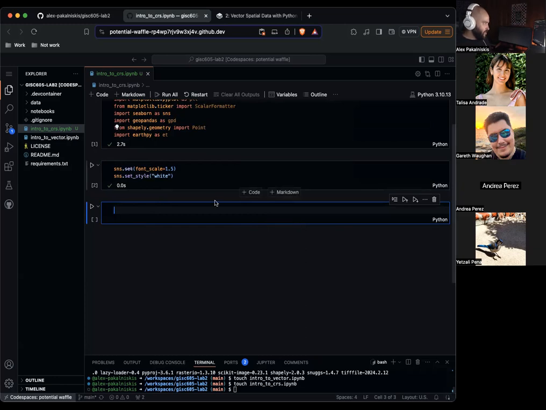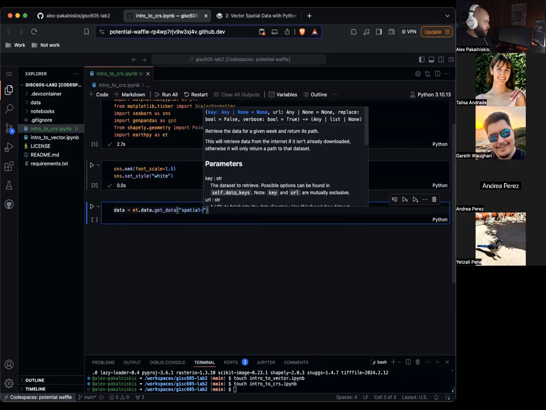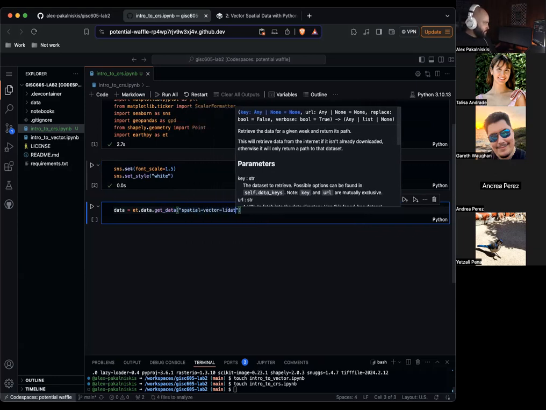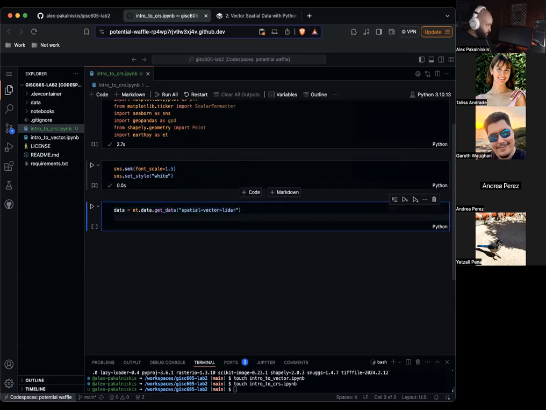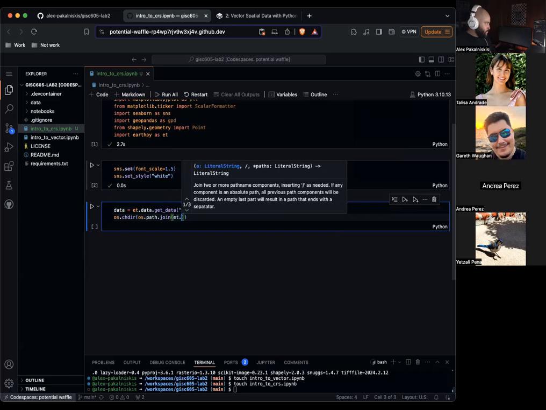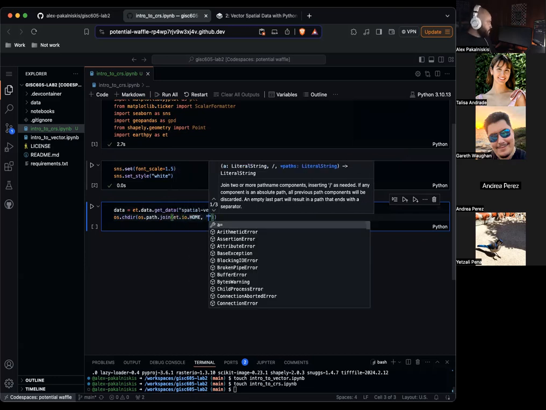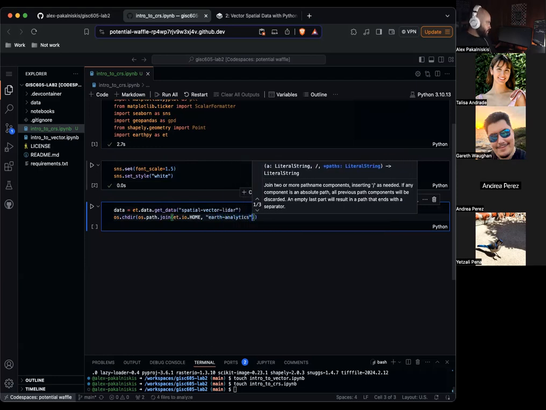So let's set the working directory again and download the data. UIO home, Earth Analytics. Cool.